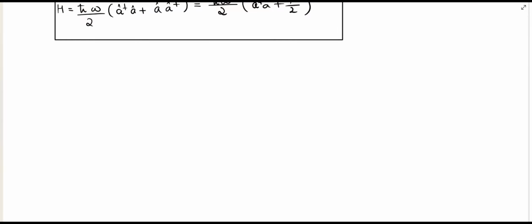Now, as we have already learned, in quantum mechanics, when an operator acts on its eigenstate, let's denote it by n. I'd earlier written it as phi n, but I think writing it as n makes the notation easy. Then, if this energy operator H cap acts on its eigenstate n, it will give us an eigenvalue multiplied by the same eigenstate, where this n will go from 0 to infinity.